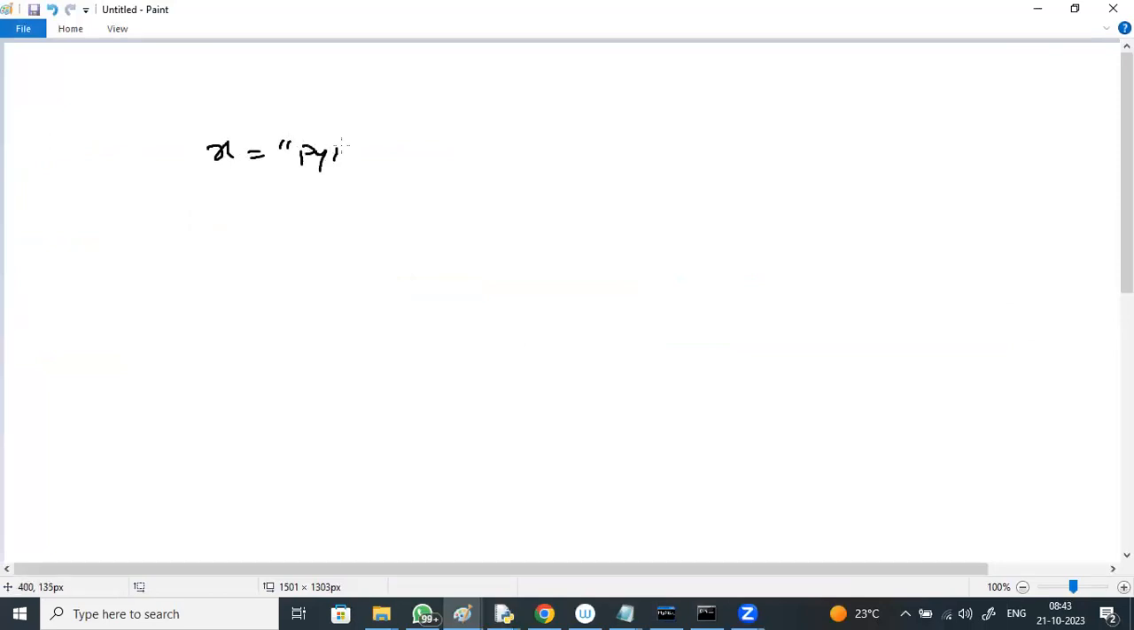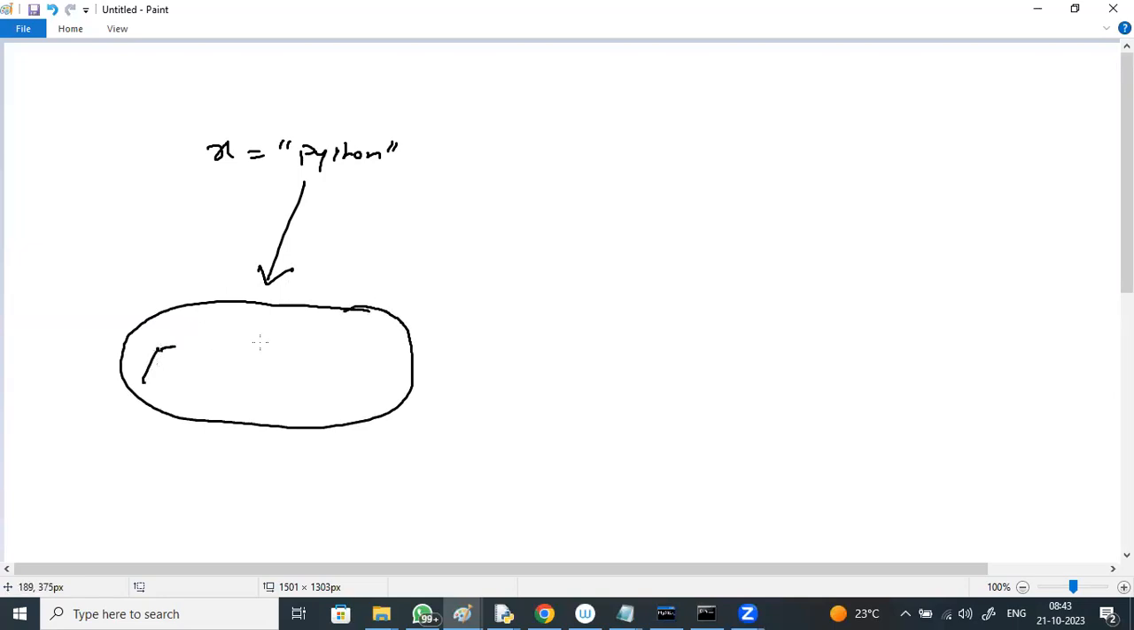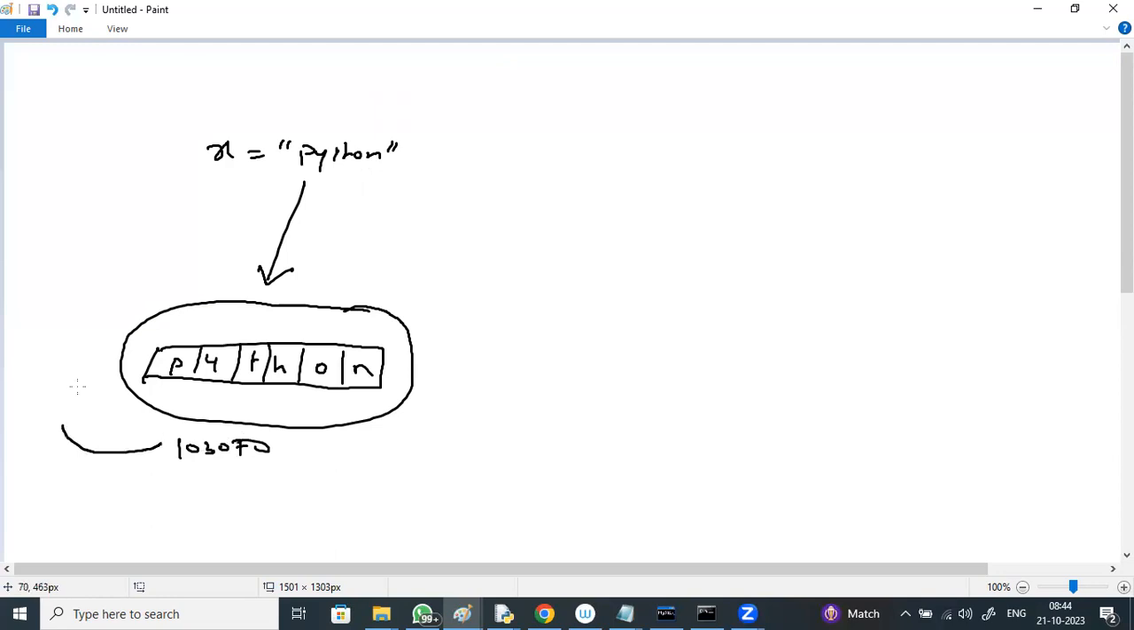X equal to Python. Internally, Python is stored in memory, and the address, one zero three zero seven zero, is given to X. So here